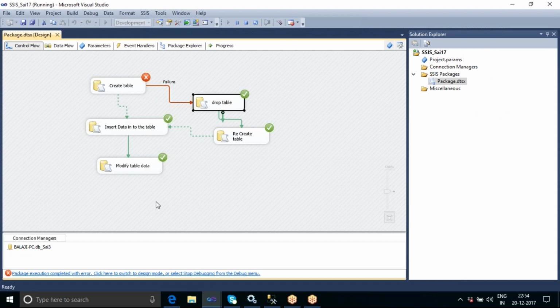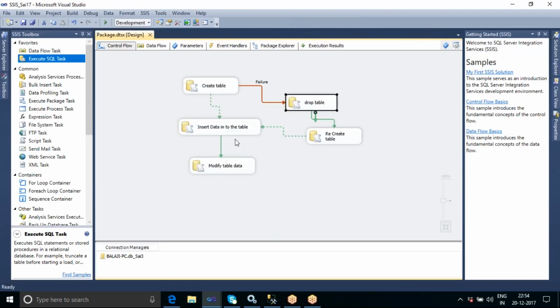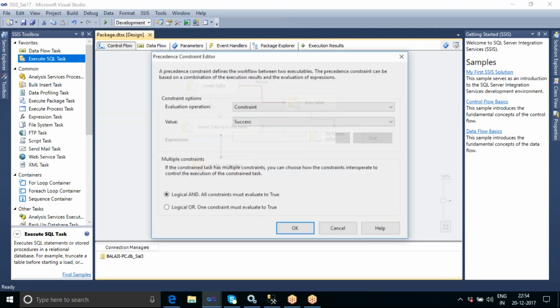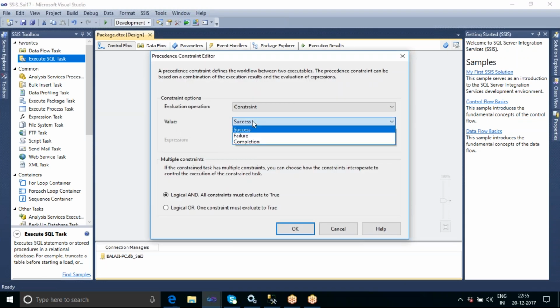Like this. We have one more option here: we have success, failure and completion also. We have seen what success is and what failure is. So let us see what completion is. Completion is nothing but,